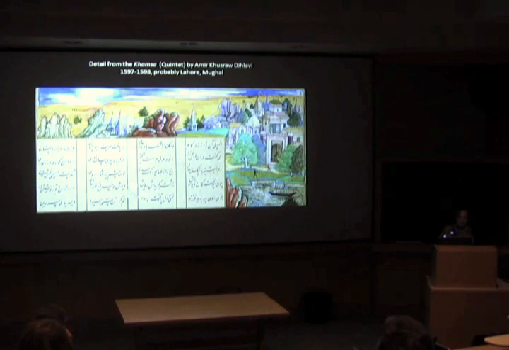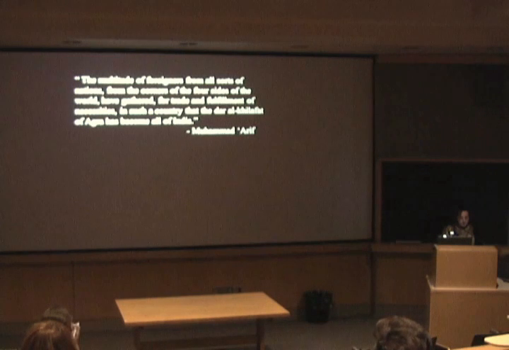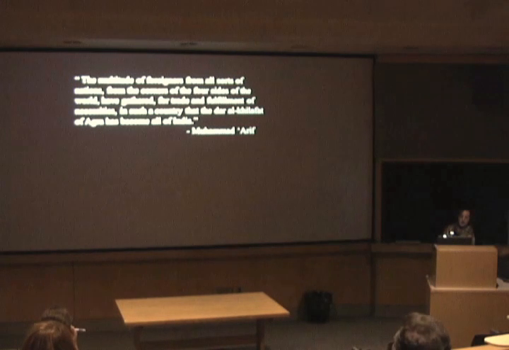Muhammad Arif, who was another historian writing under Akbar's period, describes the capital city of Agra as, and I quote, "a flourishing large city that offers abundance of security for all inhabitants under the expanse of heaven." End of quote. The city includes numerous monuments, gardens, ships flowing up and down the river, and the author further remarks that the multitude of foreigners from all sorts of nations, from the corners of the four sides of the world, have gathered for trade and fulfillment of necessities in such a country that the Dar al-Khilafah of Agra has become all of